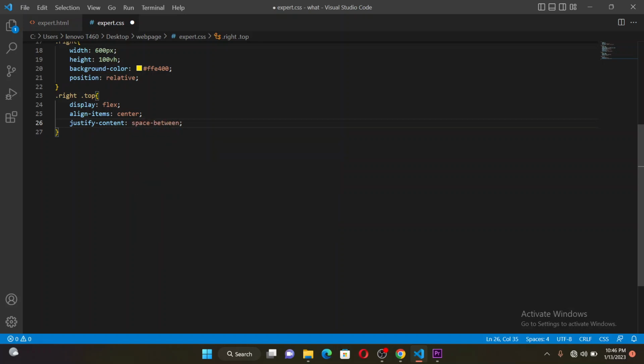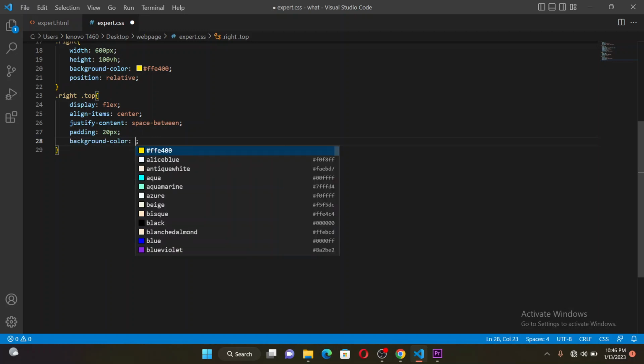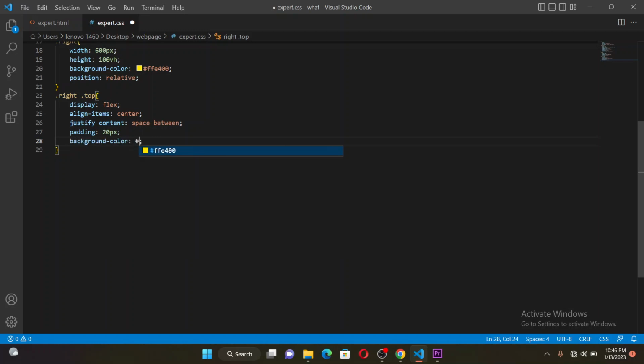And I'm going to give it a padding. So the padding will be 20 pixels. As well, I'm going to set the background color for this div. So the background color here will be